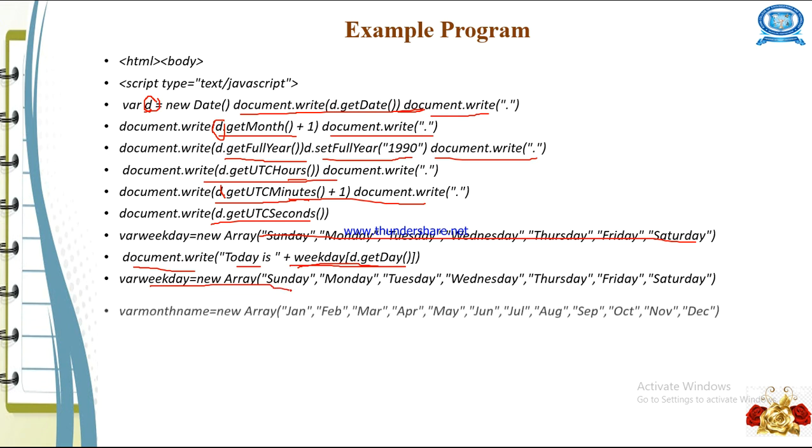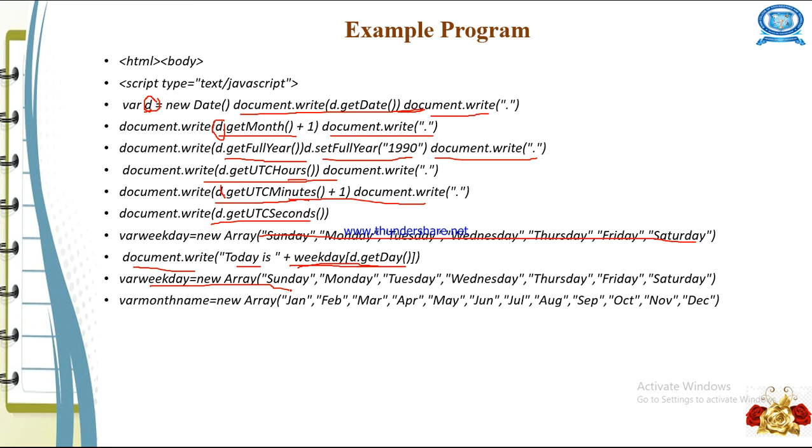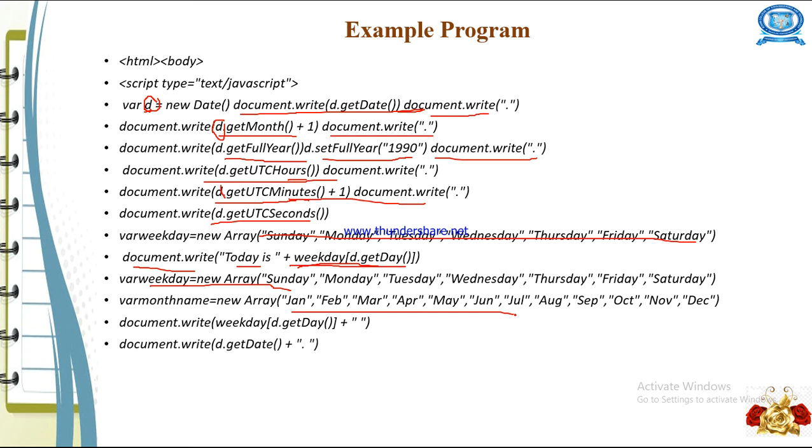Next, the month names. Today, which month? January, February, March, etc. Okay. We are going to display the month. Today's month, and write the weekday, today's day. Which day? Okay. Next, write all these values: get date, today's date. Next, write the month name using the output statement, and write the full year, get the full year.